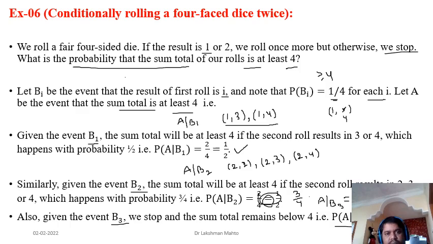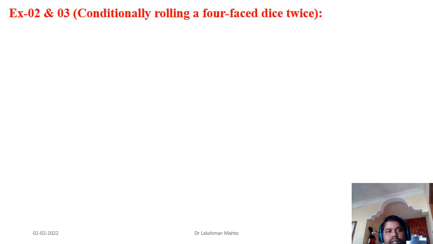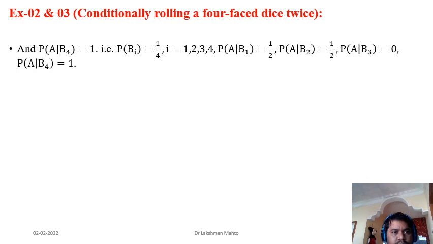Now the third condition is coming. It says that suppose you have already seen 4. So your event contains first entry 4, second maybe anything. But what is happening here? If you have already seen 4 before that, does A occur or not? Who would like to answer? Talk about the occurrence of A, whether A is happening or not. That means, is the sum at least 4 or not? What would be that?